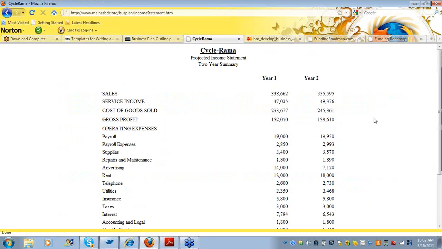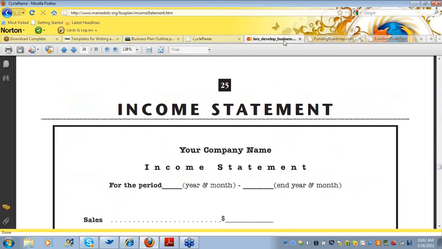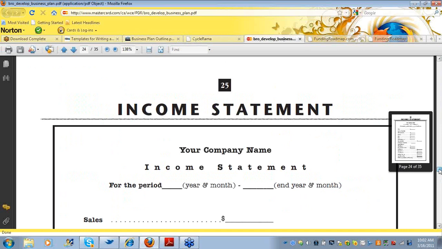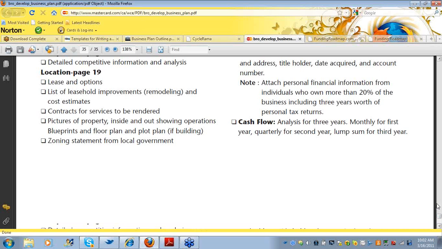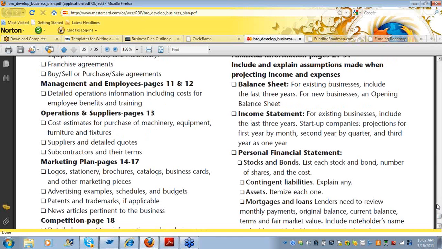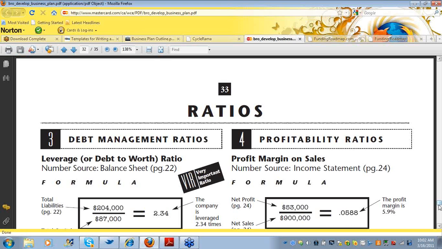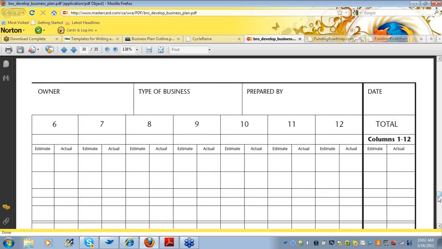Part of the problem, of course, with these is that there are huge inefficiencies and flaws. Some of the things that have come to our attention with these types of templates are improper forms and content that are not GAAP compliant, which is generally accepted accounting principles.